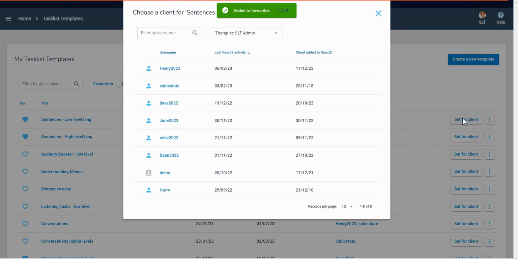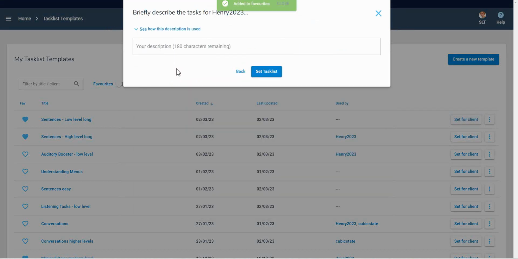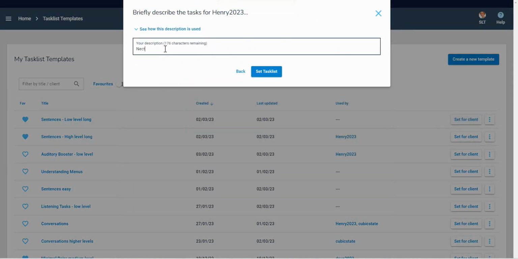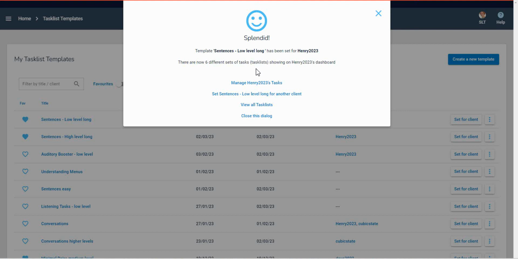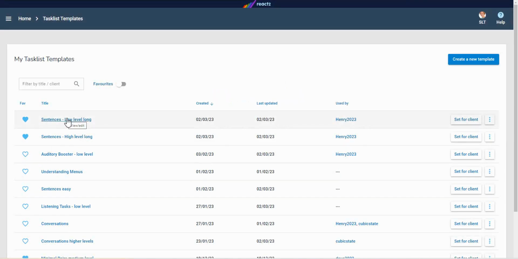Let's also set that now for Henry as well. Let's go off to Henry and we'll say next, try these longer but lower level sentences. And I'll set that for Henry. So now if we click to view our task list again, we can see the one we've just actually duplicated and then set for Henry as well, as you can see. So that's how we manage our task list templates and how we can edit them and then set them